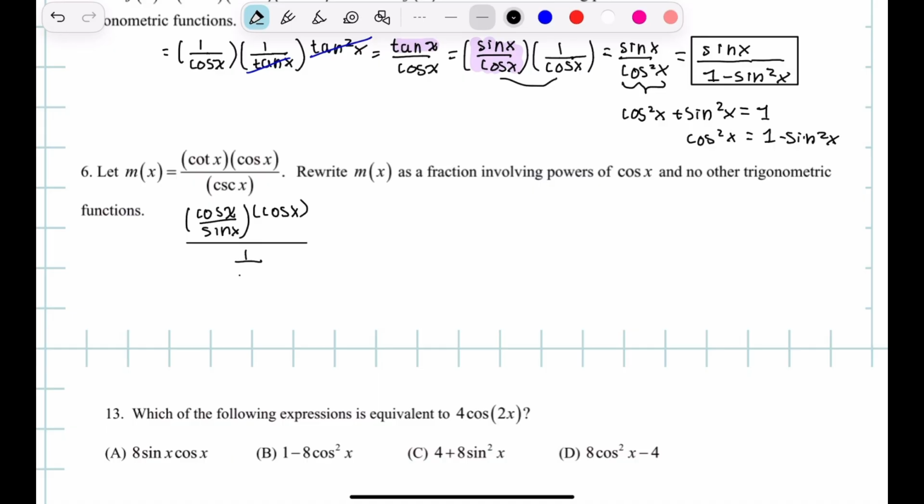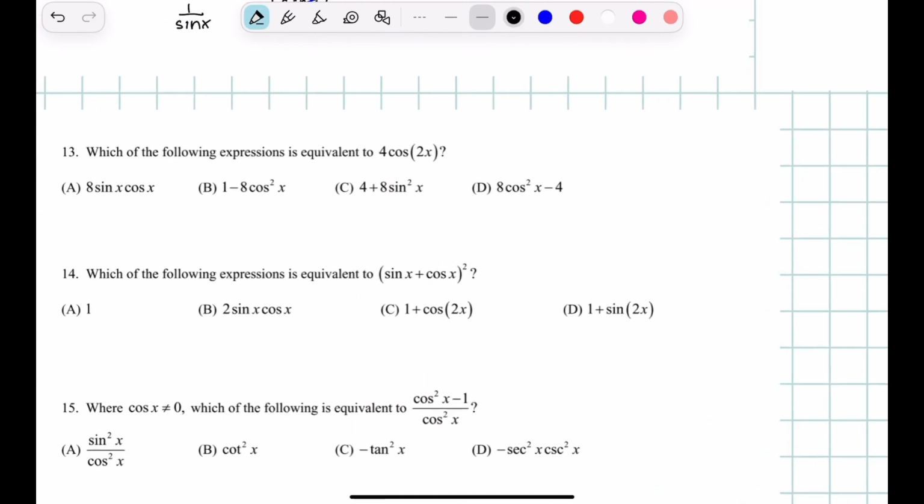1 over cosecant of x is going to be 1 over 1 over sine of x, and you can rewrite this again. When you divide by a fraction, it's the same thing as multiplying by that fraction's reciprocal. So you have cosine of x over sine of x, multiply that, and then you have cosine of x times sine of x, and then what is this equal to? You see this common factor right there, and then we just multiply those two. That is going to leave us with cosine squared of x. So box our equation, and then we're done. Okay,